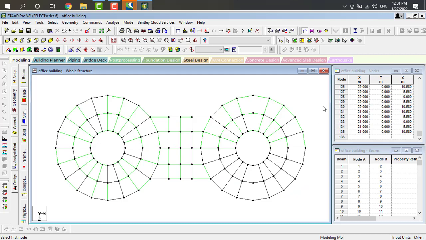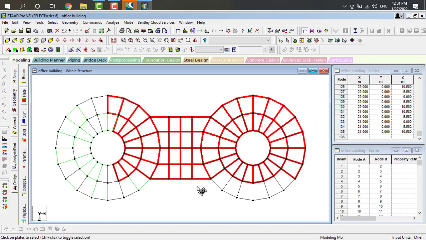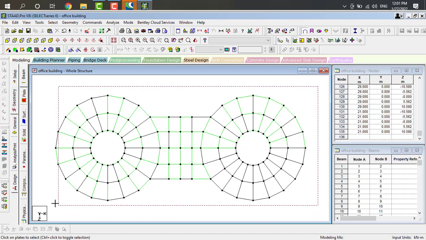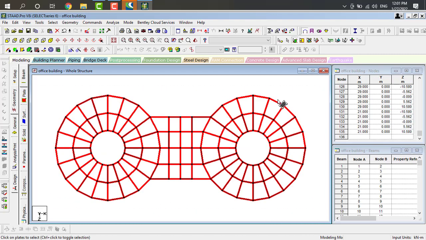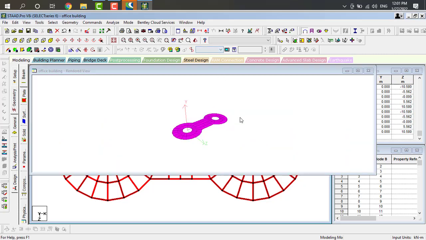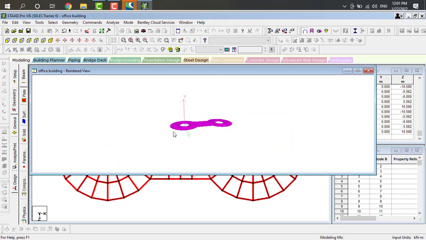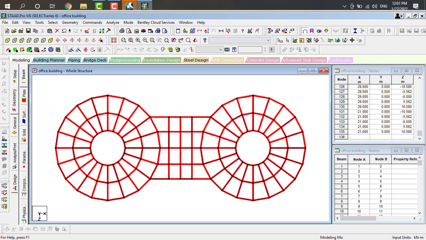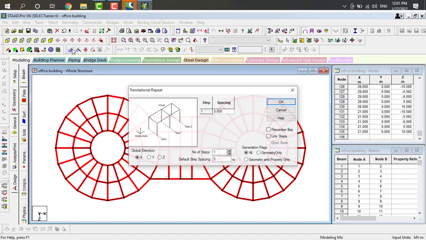Okay, just click on escape. Again we have to select the plate cursor, select the object. It will be like this. The total object is selected and observed in 3D rendering. Yes, these all are our plates. And here go to translation repeat. Here it is in y direction. Here give the number of steps as